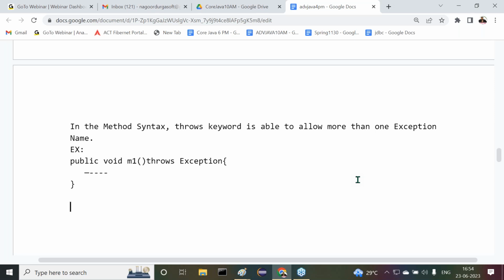Once we complete the points required as a prerequisite to start JDBC programs, I'll complete up to that. Then immediately, as early as possible, I'll start JDBC classes. Max, as per my view, within 3 to 4 days I will complete the required prerequisite. Then immediately I'll start the JDBC classes.